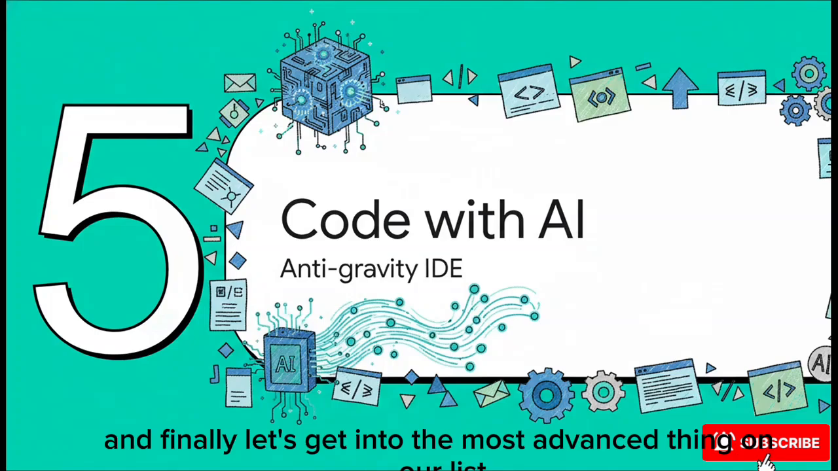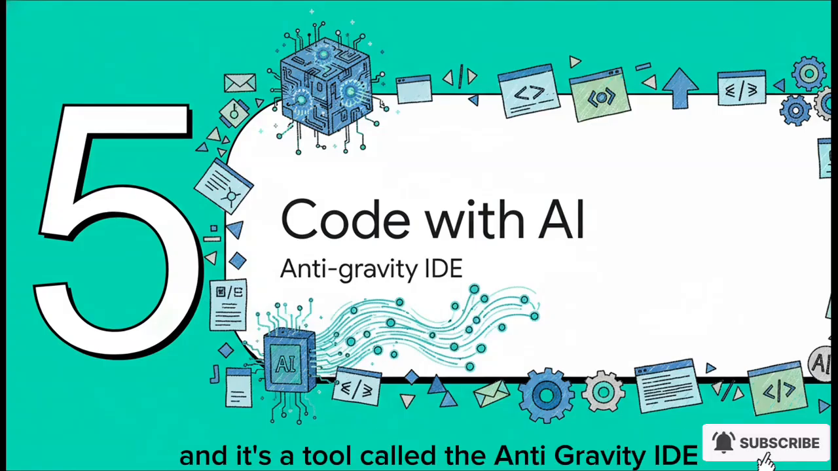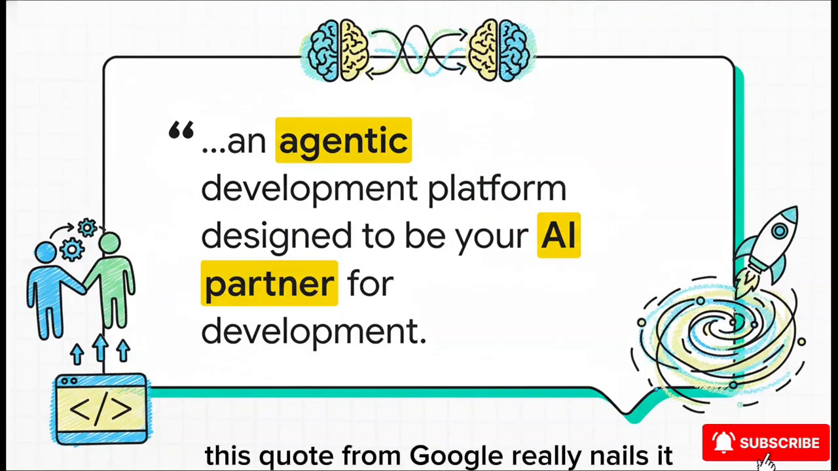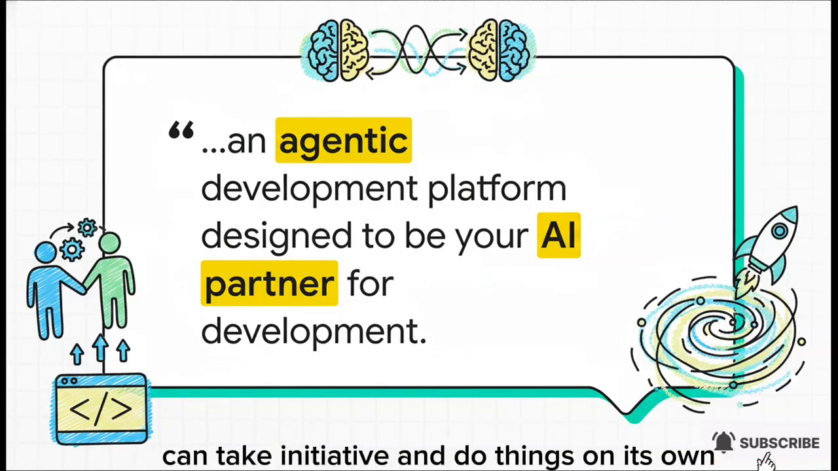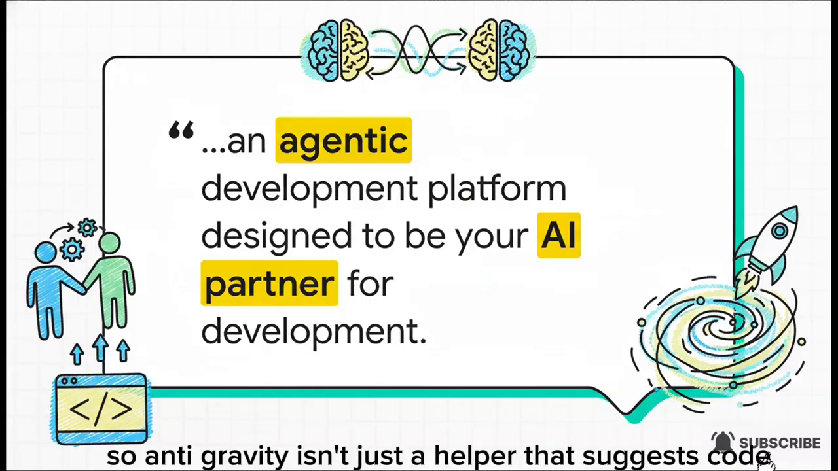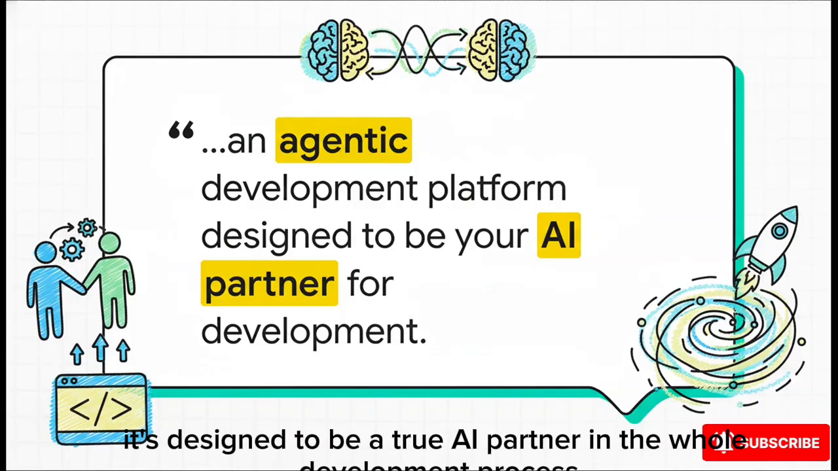And finally, let's get into the most advanced thing on our list. This is a real game changer for anyone who builds software, and it's a tool called the Anti-gravity IDE. This quote from Google really nails it. That word agentic, what it means is that the AI can take initiative and do things on its own. So anti-gravity isn't just a helper that suggests code, it's designed to be a true AI partner in the whole